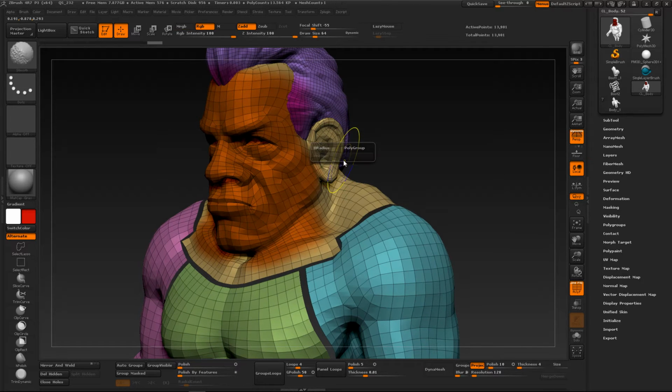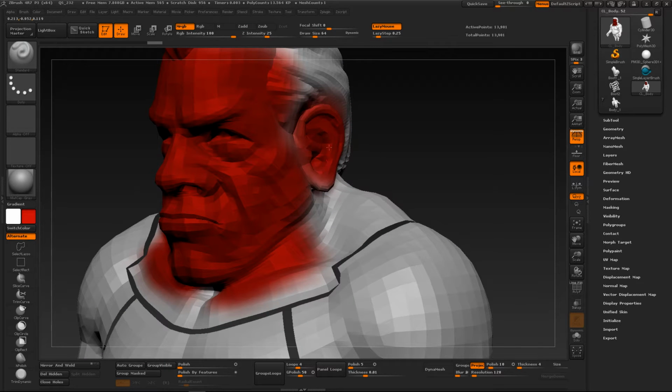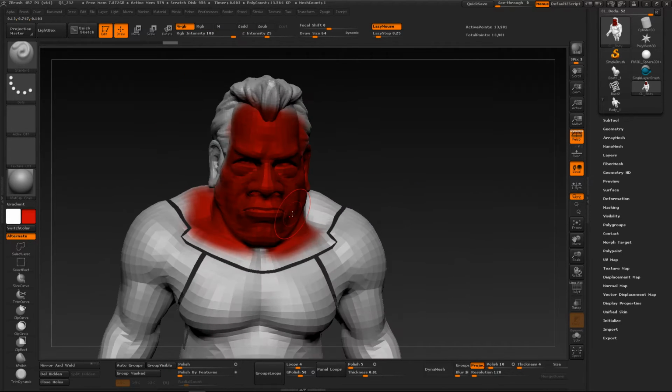Then I might come into this guy and start to paint a specific coloring here for my ears. This is a very simple example, but maybe I had something like the eyebrows and I want to make those a bright blue or something like that. And then once I export this and I have that poly paint information in there, which is basically just vertex